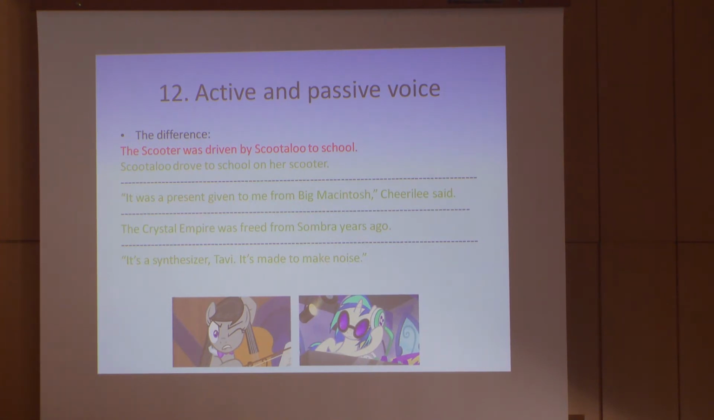The scooter was driven by Scootaloo to school. Doesn't really make sense, no. But, Scootaloo drove to school on her scooter. That's much more direct, much more clear. It's active voice. But that doesn't mean that passive voice is always bad, because passive voice